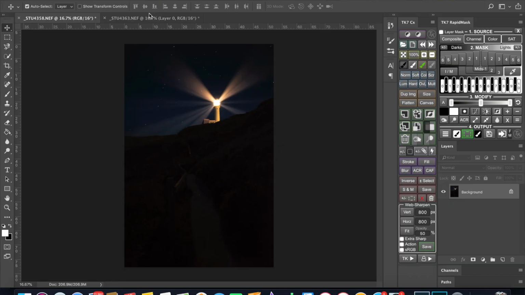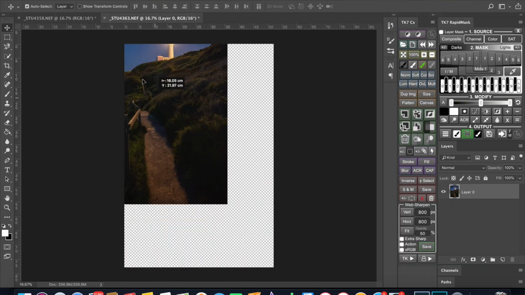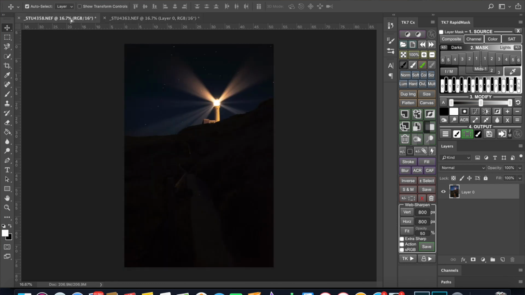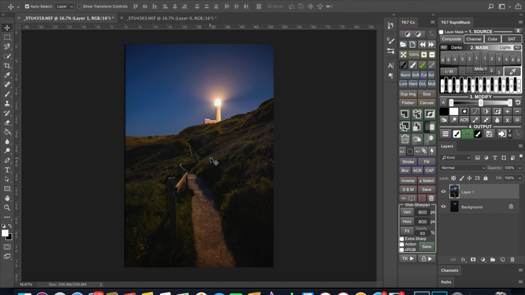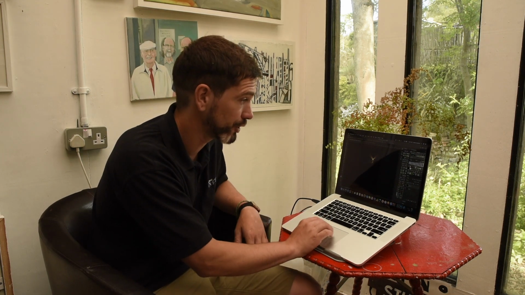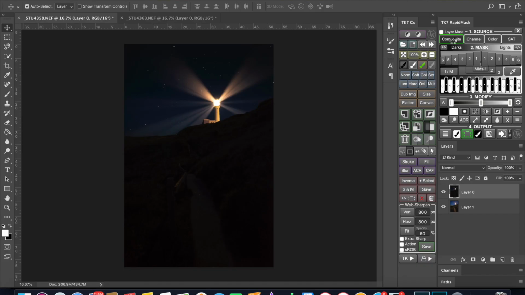Now I'm going to come across here, I'm going to grab this and drop it just in here. Line them up. I trust the fact that I've not adjusted anything. I'm going to bring the dark layer above just like so. And now I'm going to use a luminance mask, and the luminosity I'm going to choose for this is a dark luminosity. Okay, so I'm going to come into composite, I'm going to come into dark, which is going to